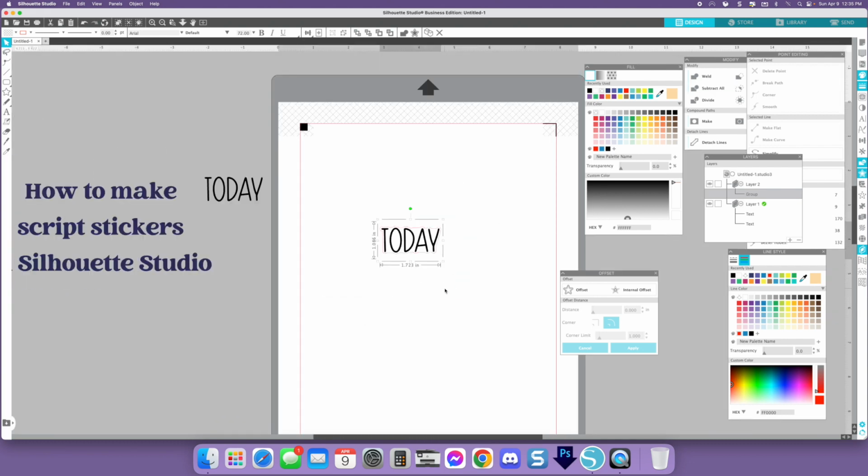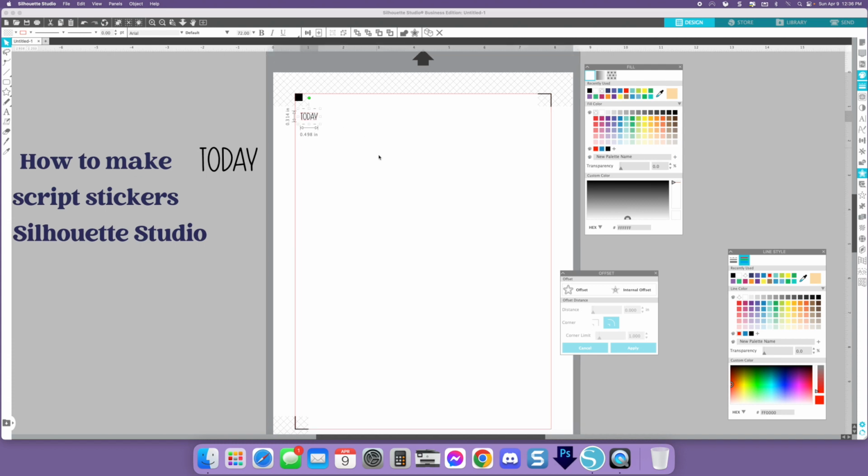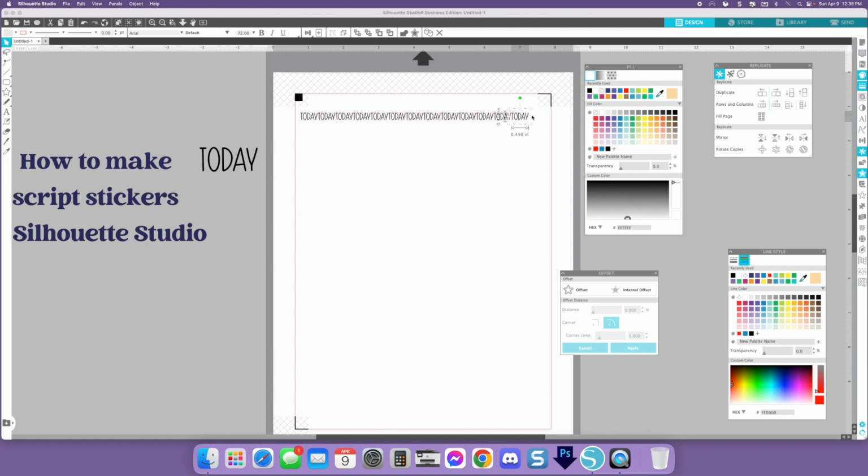And now all we have to do, well, that is a little bit big. That is bigger than a full box. So let's just make this about 1/2 inch or so. Now, if you want to create an entire sheet of these, you do the exact same thing that we did in the last video where we learned about the replicate tool. So I'm going to bring this over here. I am just going to start replicating that,